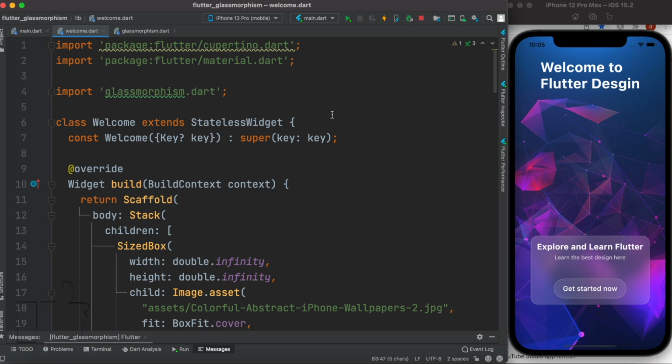Hello everyone, Assalamu alaikum. Well, in this tutorial, we'll take a look how to make a cool glassmorphism design like